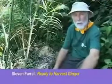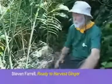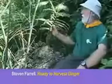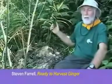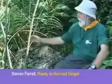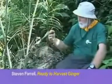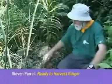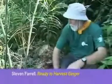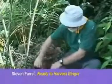Here we are in one of our ginger fields. We're just about ready to harvest. Anywhere for the next 15 to 22 days, we'll be coming into these fields and digging up our ginger. You can see this ginger is starting to yellow and starting to die back. When it dies back and eventually dries completely, this is the sign from nature that all the strength is down in the rhizomes. And that's when we want to harvest it, when it's at its peak